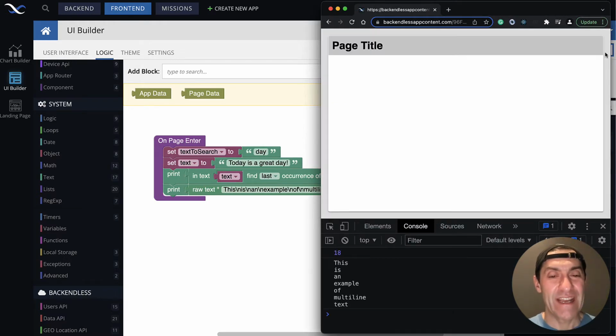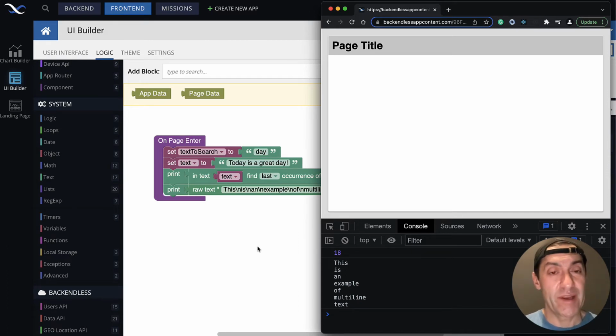And as you can see, every single \n, which is a special thing that is being used inside of the raw text, is used as an instruction to this print block to move any text that goes after to the next line. And it's not just the print block.